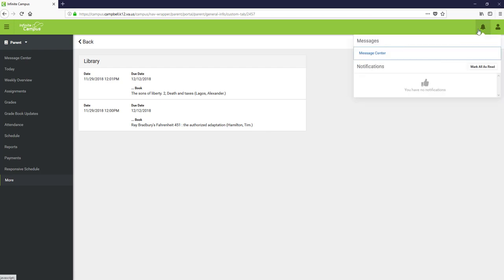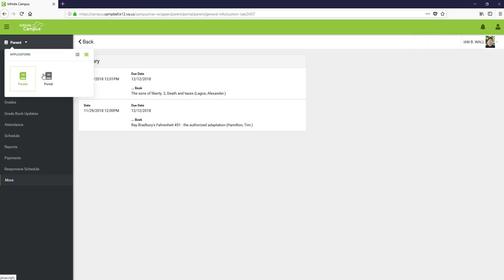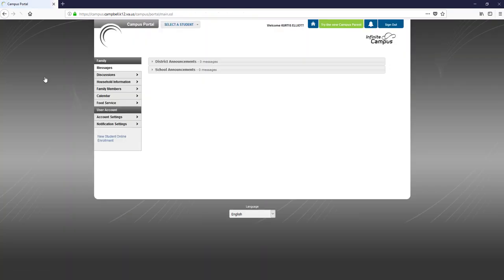To see any notifications, click the bell icon in the top right. To adjust settings and/or sign out, click the user menu in the top right. To switch back to the old version of Parent Portal, click the drop-down arrow next to Parent and select Portal. And that's the basics of navigating and using Parent Portal